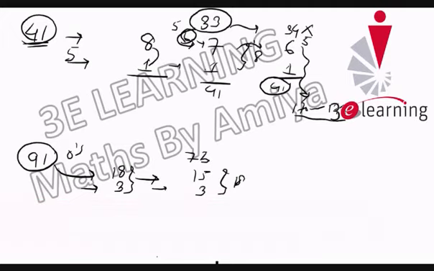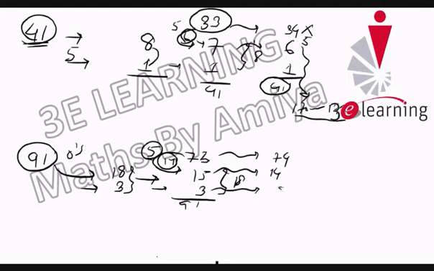Okay, the summation is 91, but we have to cross check. 73 divided by 5 is how much? It is 14. So we have to bring it down to 14. If we bring it down by 1, we have to increase by 1, that is 74. No problem. But if we bring it down to 14, this would again come to 2, because 15 divided by 5 is 2, and that becomes 90.